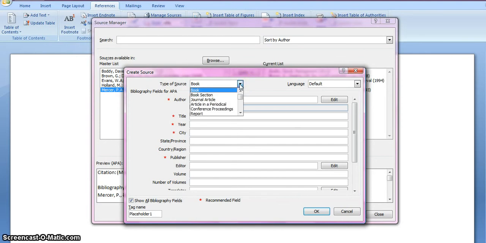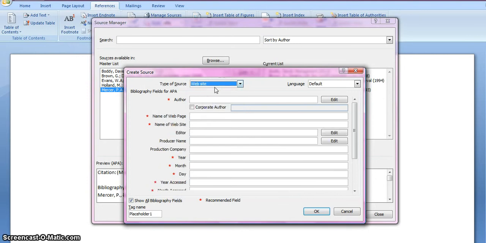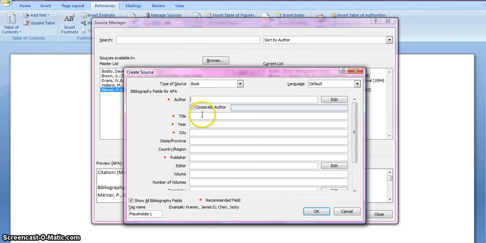There are many others, and by scrolling down you can see what they are, and by clicking on any of them the fields will change according to the type. Let's go back to book, which is the top choice here. So enter the information for the source you have. When you are in each of the fields, there is an example box at the bottom just to remind you